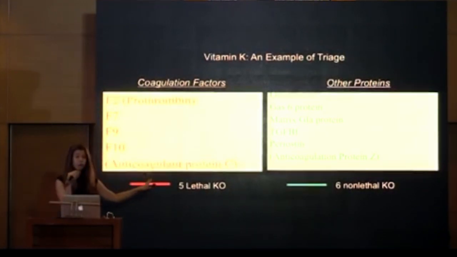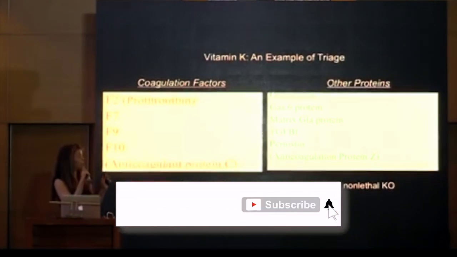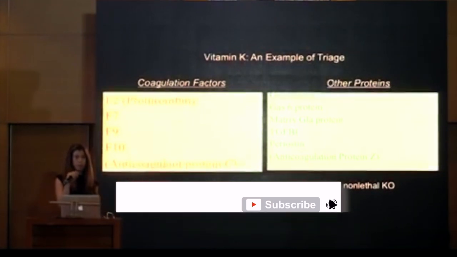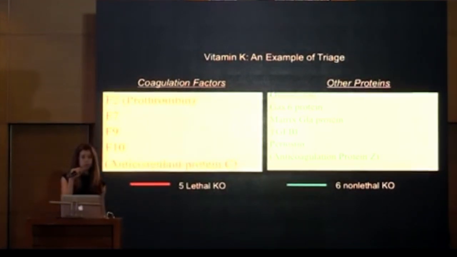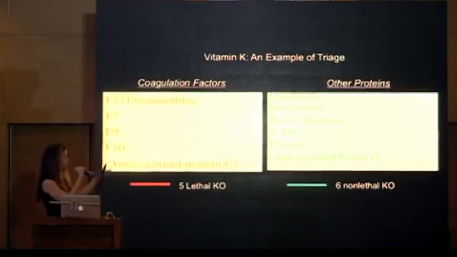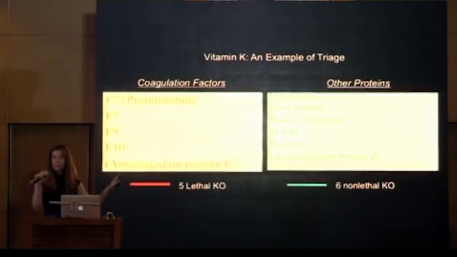There's about 6 other proteins that are also dependent on vitamin K1 for activation. But when you knock these proteins out of a mouse, when you genetically get rid of them, these mice don't die, but they end up having diseases of age. So for example, Osteocalcin, which needs vitamin K to be activated, those animals, when they get knocked out, they have brittle bones. They have very weak bones. Gas6 or matrix Gla protein, these animals have calcification of the arteries. TGFB1, these mice get cancer earlier. So these are all diseases of aging